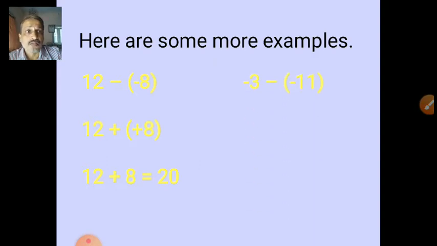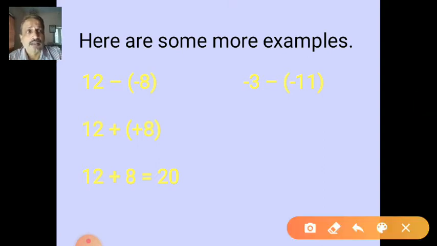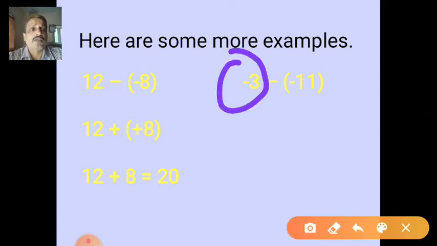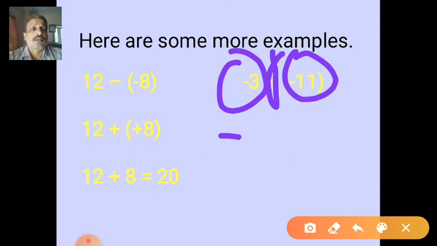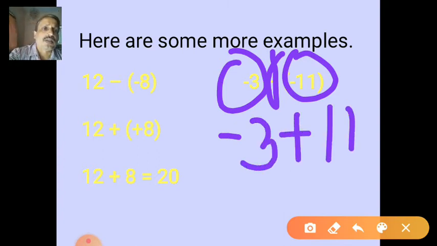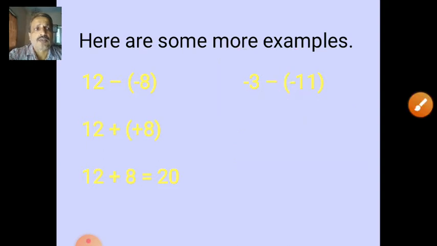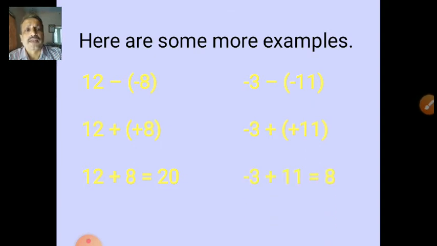Minus 3 minus 11. See, both numbers are minus and they are subtracting. Here you should take care. This is a minus first number, minus sign and minus second number. So first of all keep the minus number as it is, and this plus sign and 11. Out of these, one number is plus, one number is minus. What do you have to do? Subtraction. 11 minus 3 gives us 8 and 8 is a positive number. Why? 11 is a positive number, that's why. See, check the answer. Yes, the answer is 8, correct.